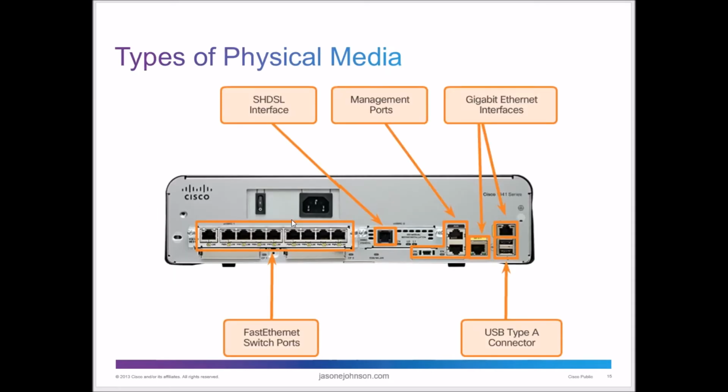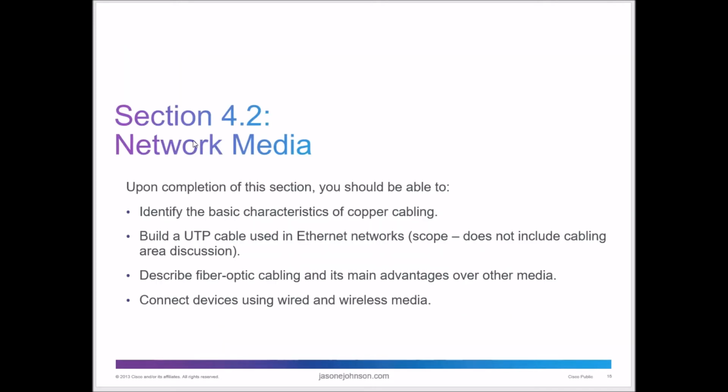You've got your RJ45 Ethernet here. Same thing here, you'd have your cable to connect to your device, or you're using RJ45 to USB going through here, and then you've got your gigabit Ethernet interfaces, and these are usually going to be connected to a switch or to another router. Okay, so that is that overview.